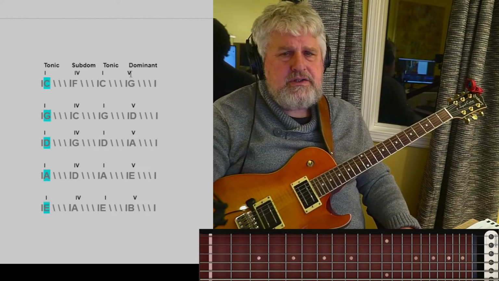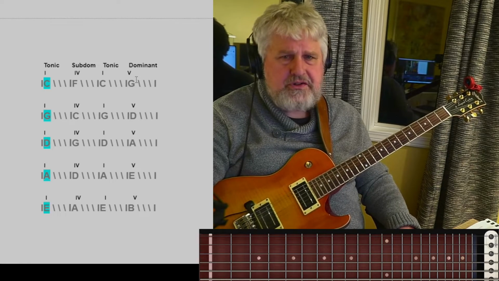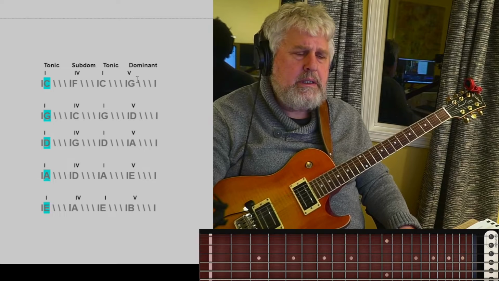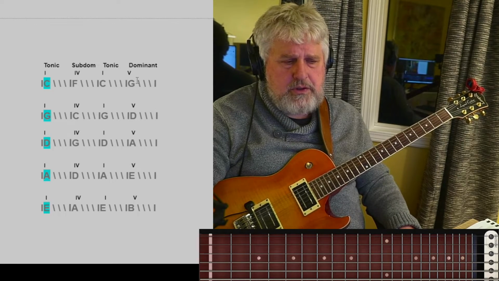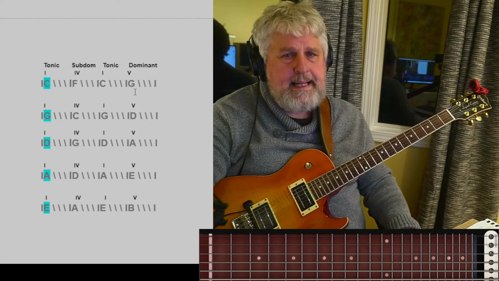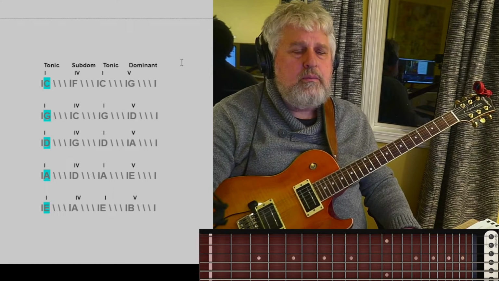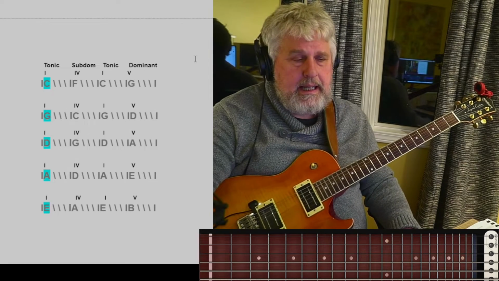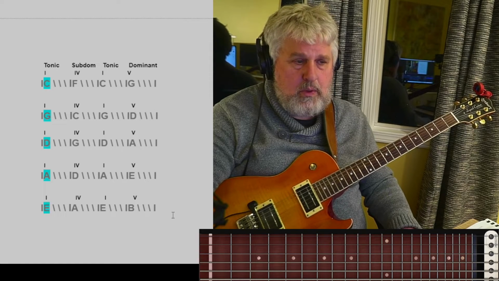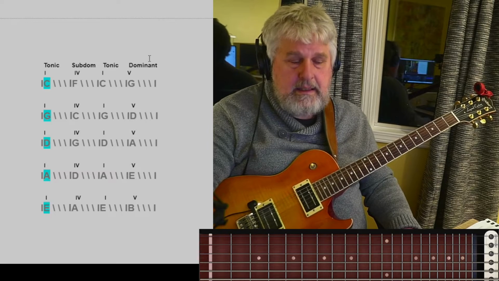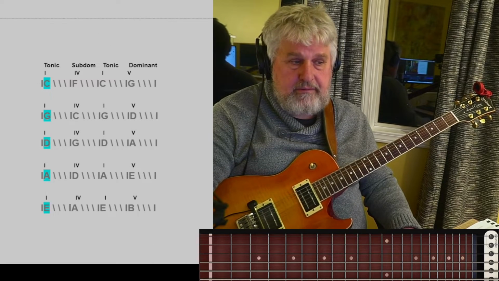Okay, so that's just a little bit of an introduction to what's going on with keys in open position. And that's a really great place to start. Remember that the most common open keys spell the word CAGE. If you get really, really proficient at playing in those keys, it's going to take you a long way. As a matter of fact, think about it this way as well. If you get really proficient with these 5 keys,